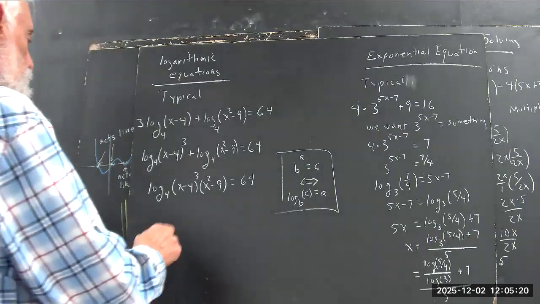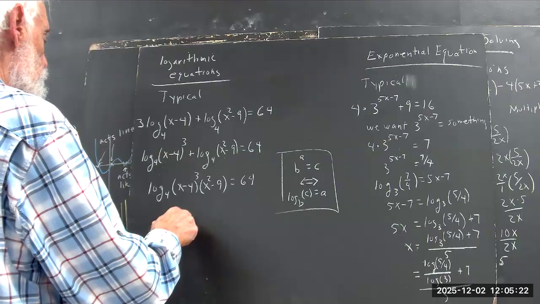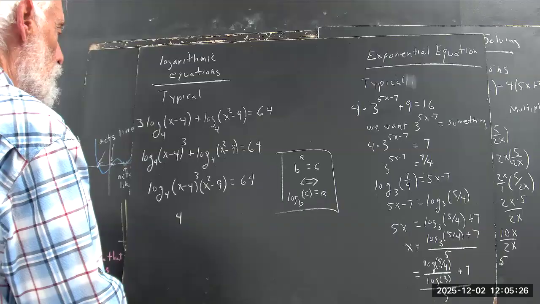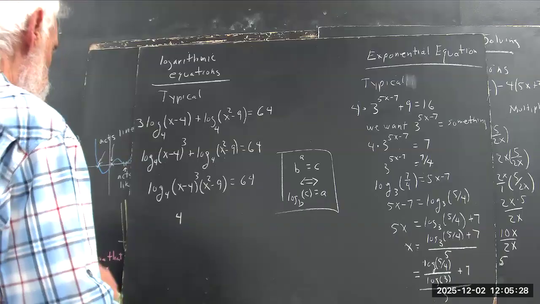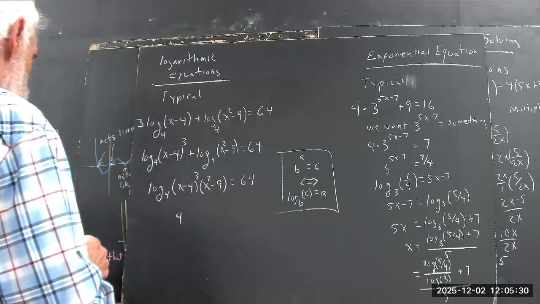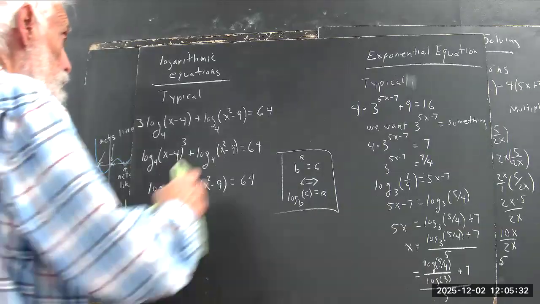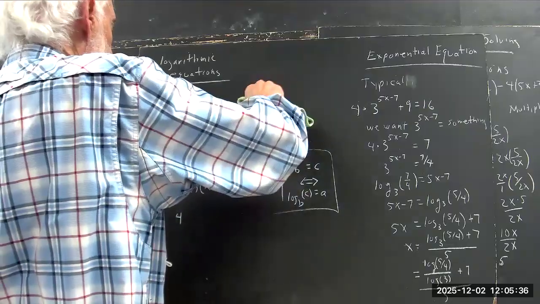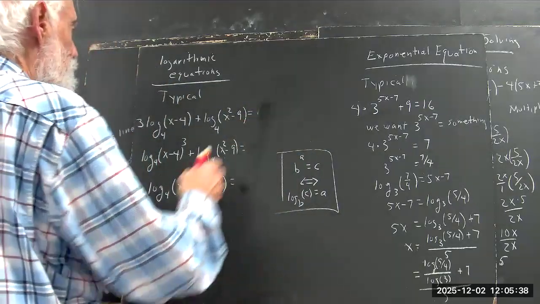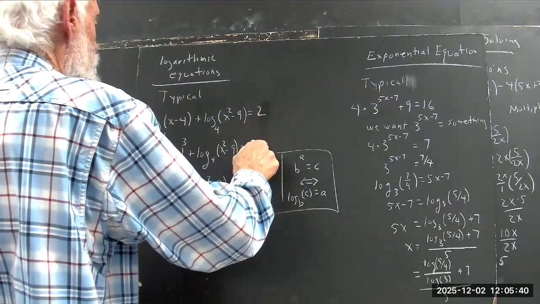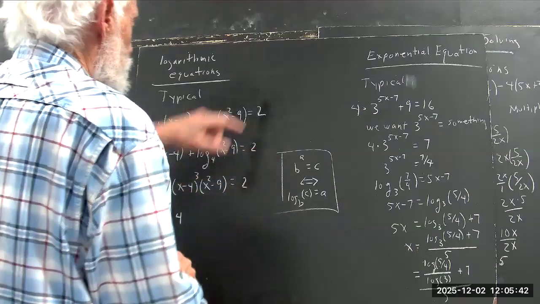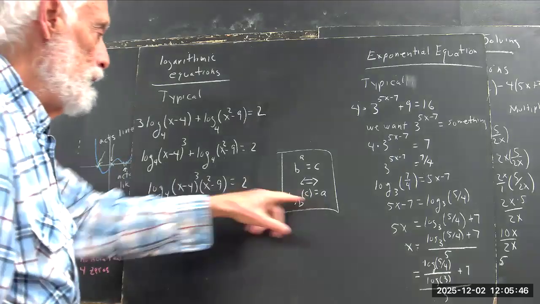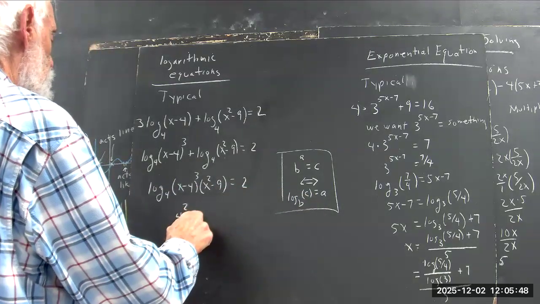So this becomes... I did something boneheaded here. It's going to make that a small number, I decided to make it a big one. We're going to change that 64 to 2. Okay, so a is your 2. We have 4 squared